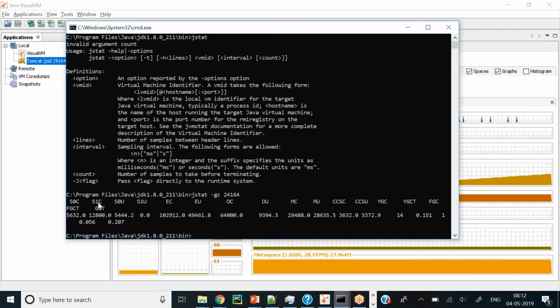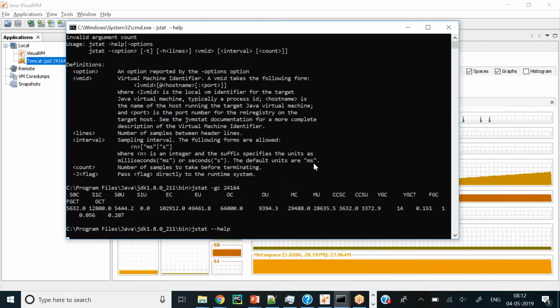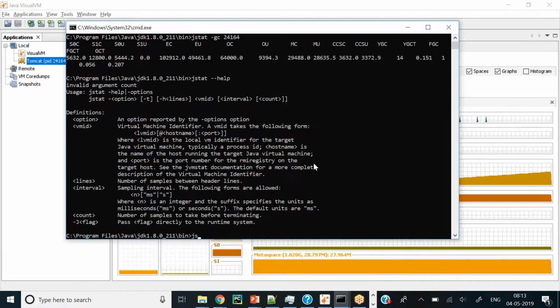See S0, S1, these are again different terms. What is S0, S1? U is for used, and C is for committed, right? So this is young generation, committed young generation. These are the different mechanisms you can use to monitor your heap, or monitor your GC, right? If you just give jstat -help, there are different options.